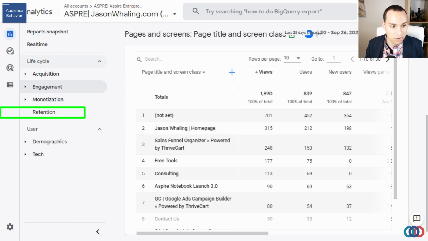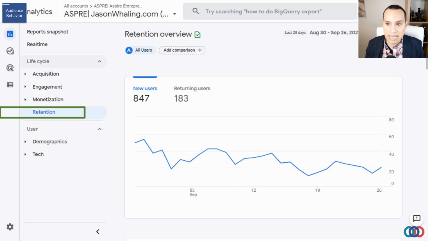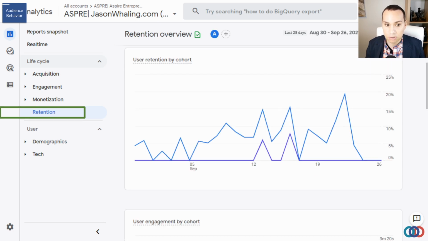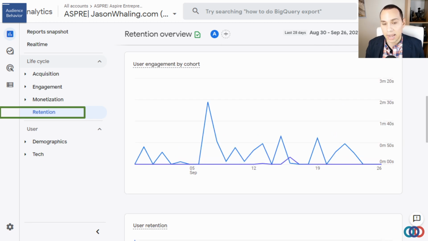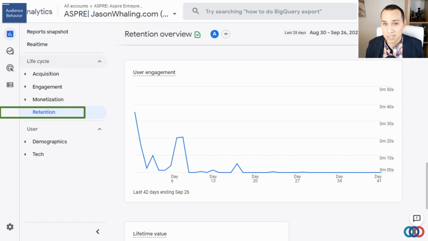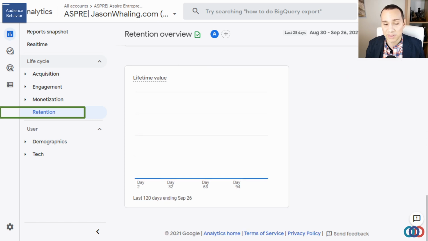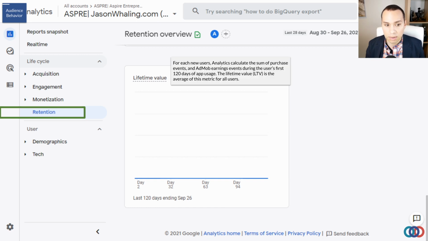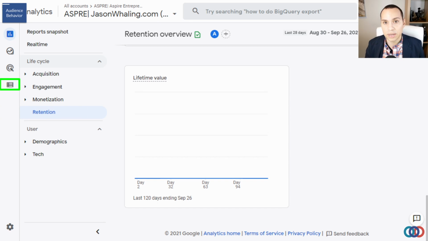Now, when it comes to retention, there is a lot of information here that can help you understand how people are actually engaging with your website and then your average retention overall. And I'm just scrolling through these quickly because for the most part, you really don't need to look at this. Like going through your pages and screens is going to be a whole lot more helpful. So while retention is a nice thought, I wouldn't recommend spending too much time on it. It's one of those data overload situations. So let's go ahead